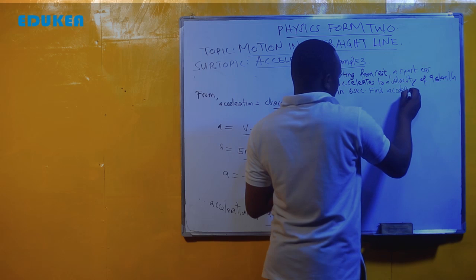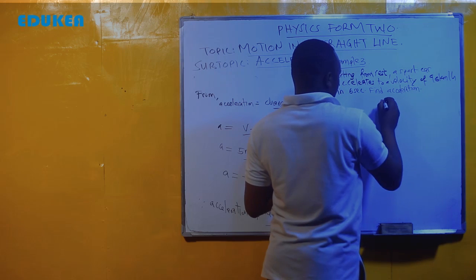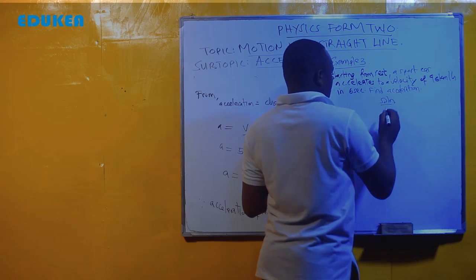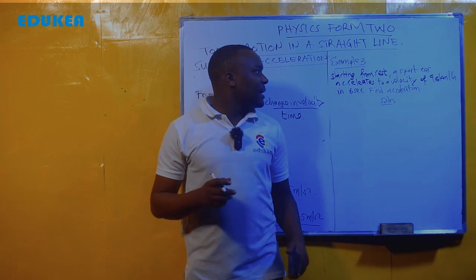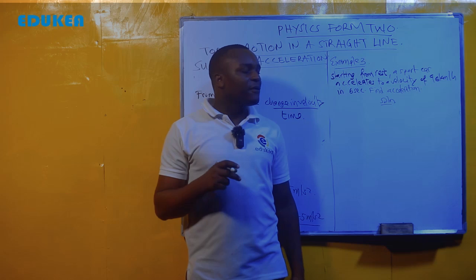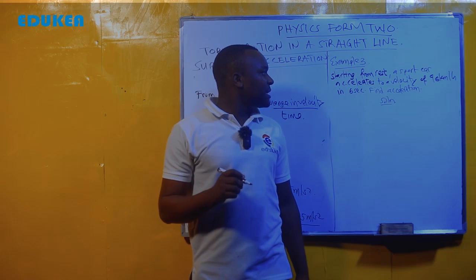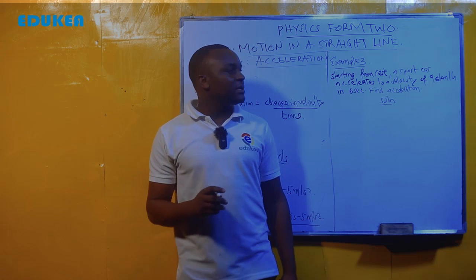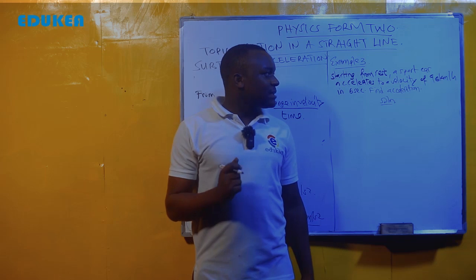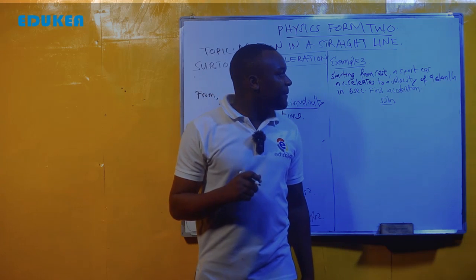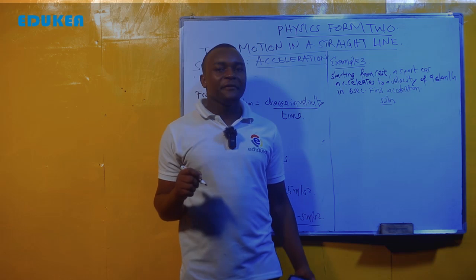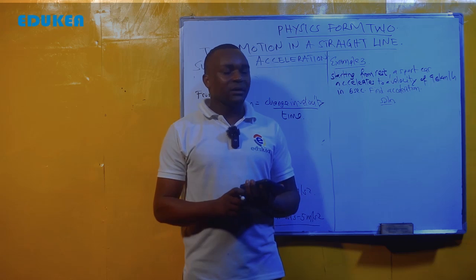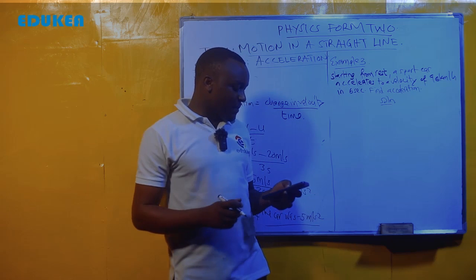Another example states that starting from rest, a sports car accelerates to a velocity of 96 km per hour in 6 seconds. Then find the acceleration. We have to write the data we are given. We have initial velocity